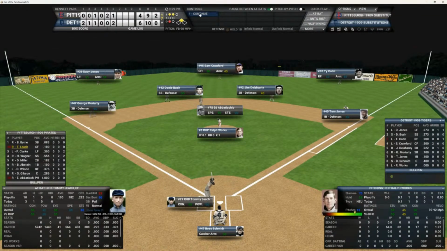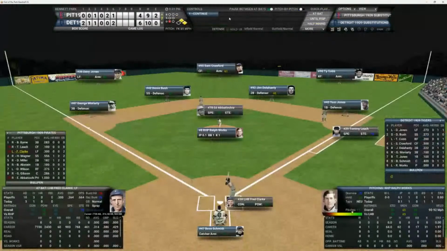And here's the 3-2 pitch to Leach. So now the tying run's down at first. The go-ahead run comes to the plate. And it'll be Mr. Clark. And Clark's having a nice series and a nice day. He's 1 for 3. Here's the 1-0 pitch.